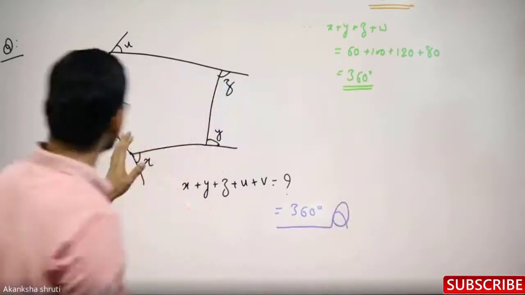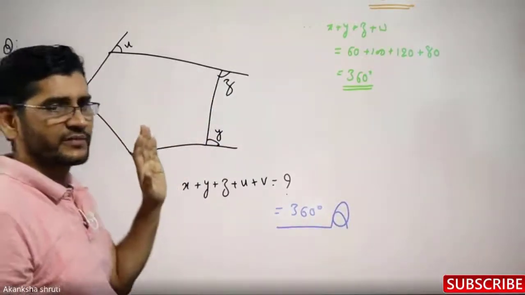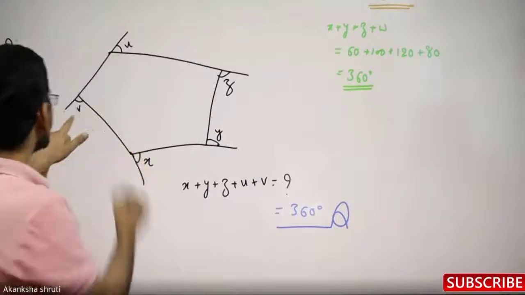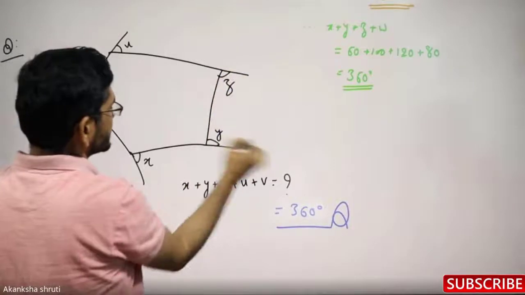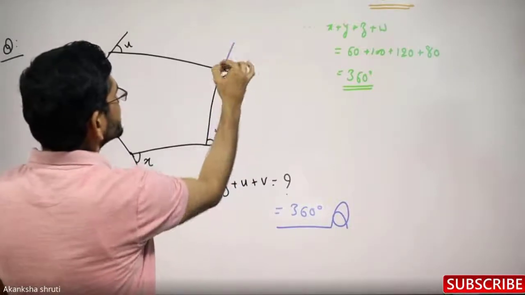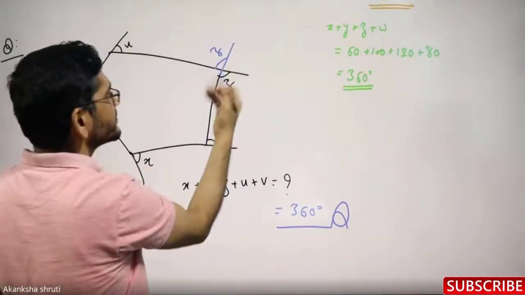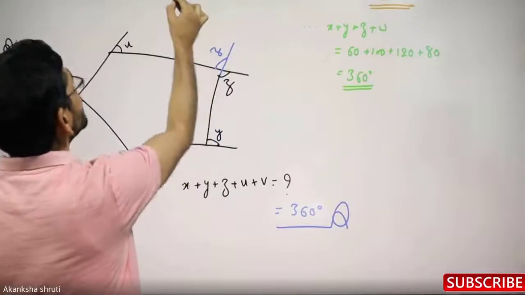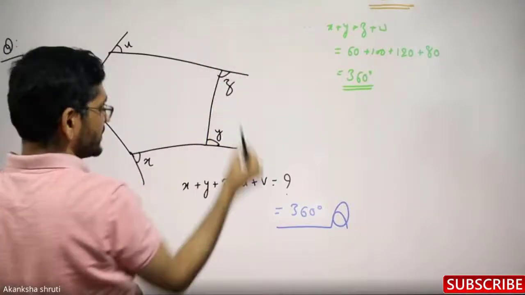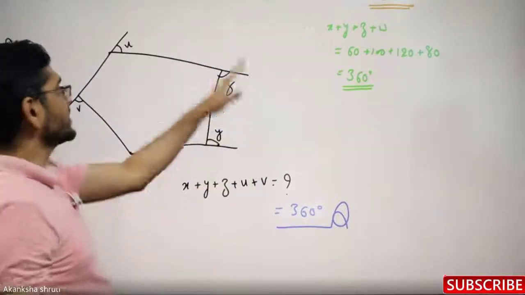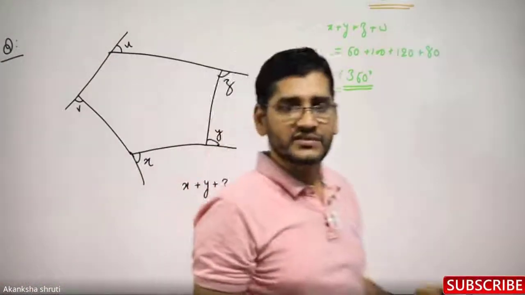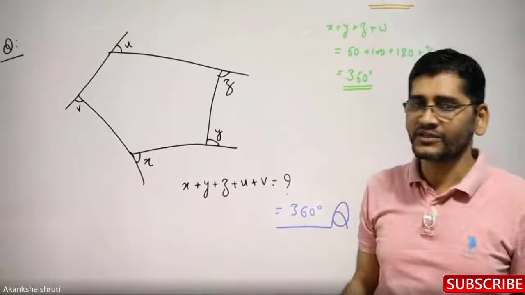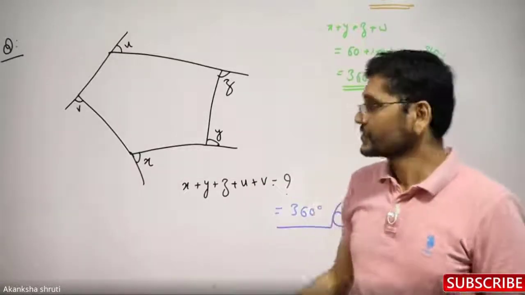Forget about the internal angles, whatever they may be. Also forget about whether this z is drawn this way or even this way, this will also be z. Okay, students. So this way you have to keep in mind that for all the external angles, this sum is always 360. The question may be asked in any way, and you have to answer it. Okay. So this was all about